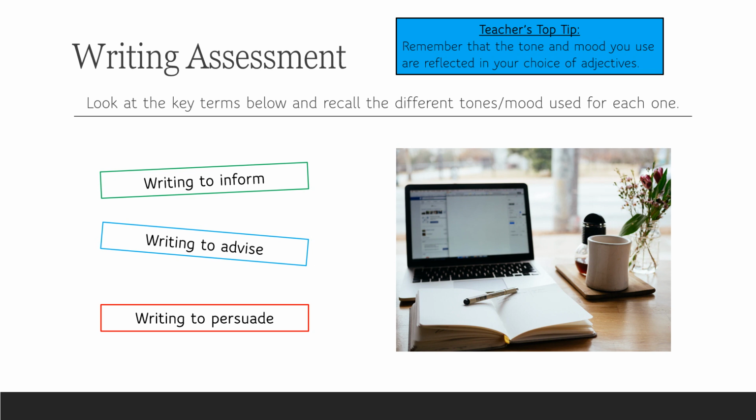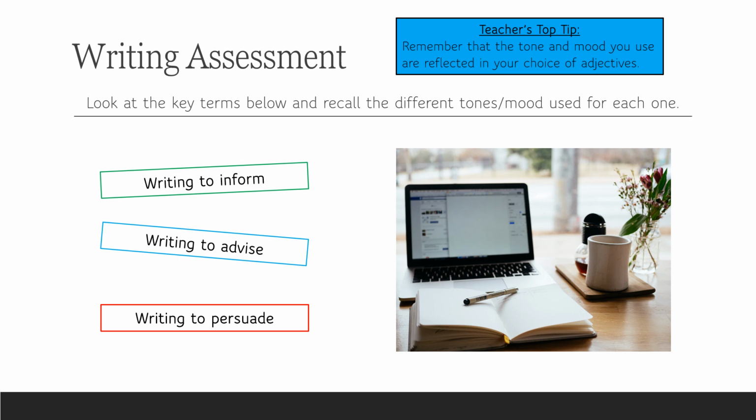A good thing to think about is that teacher's top tip there in the right hand corner: remember that the tone and mood you use are reflected in the choice of adjectives as well. So if you're thinking about the actual tone of your writing, you've got to think about what kind of words convey the kind of mood you want your writing to have. If we're advising someone, for example, you're going to want to have quite a gentle tone. You're not pushing them, you're not being aggressive with the words, you're not really trying to overly convince them. You're trying to give them your thoughts and your ideas so they can make their own informed